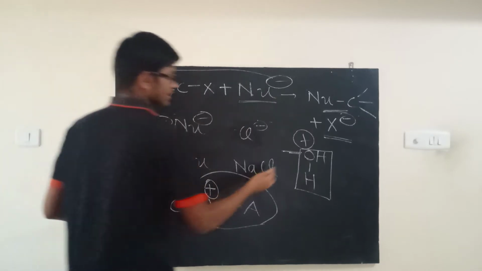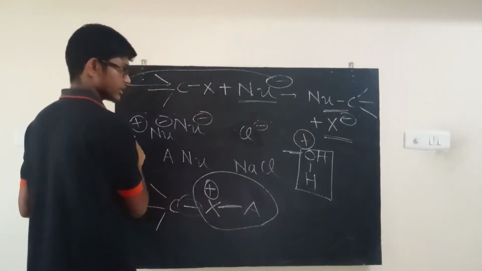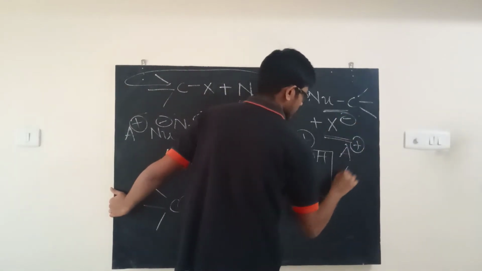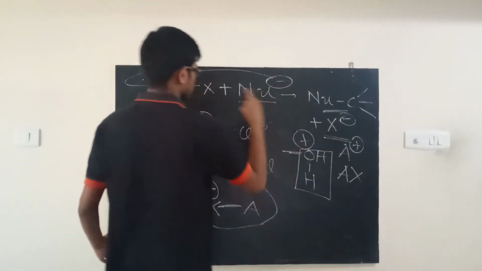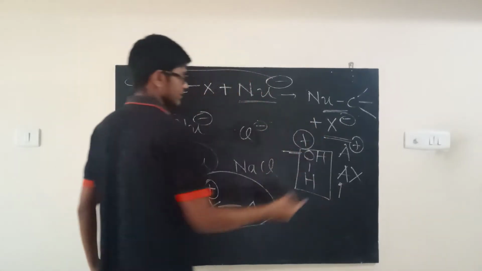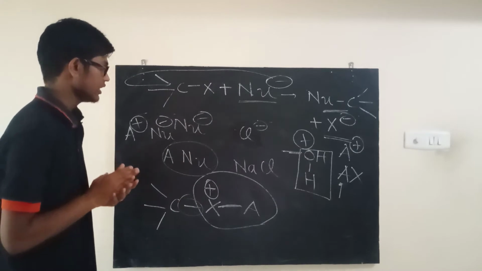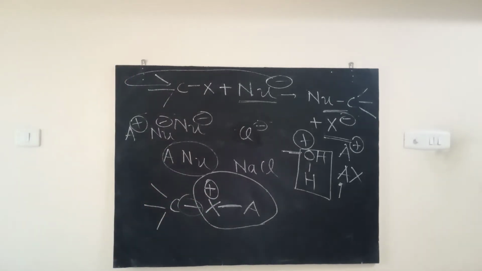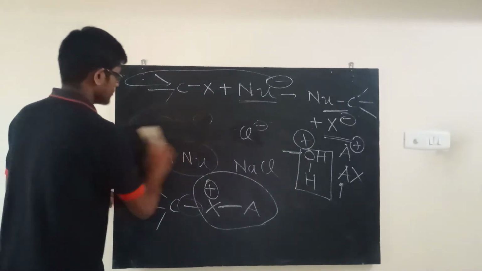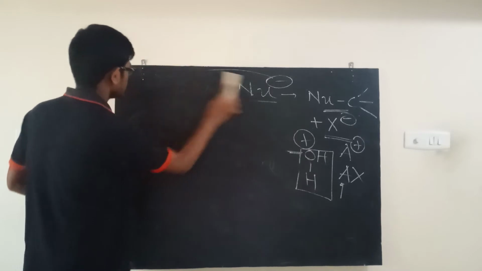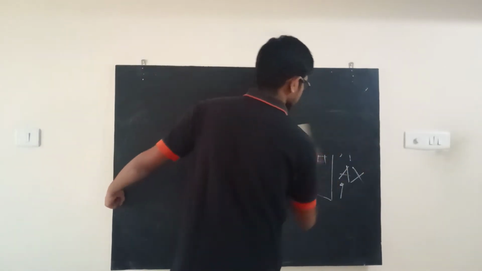Also, this X minus and A plus are going to be in solution, right? So this X minus and A plus will become AX. You can see that you have one A and Nu here, and you have an A plus, X minus and Nu, so everything is balanced out, right? This is the basis of redox reactions also, right? We say we are not concerned about what's going on with the spectator ions. We are going to look only at what's going on with the ions which are undergoing redox.